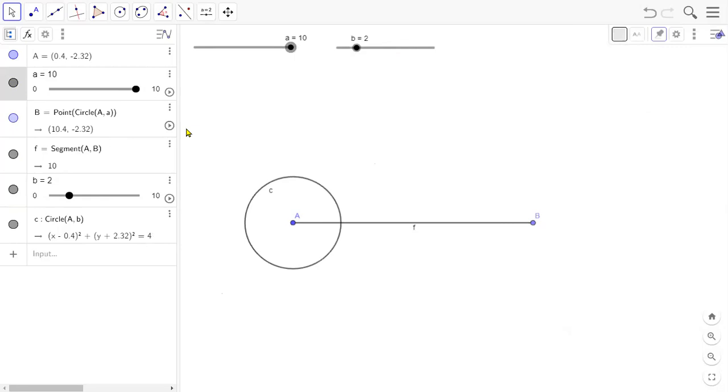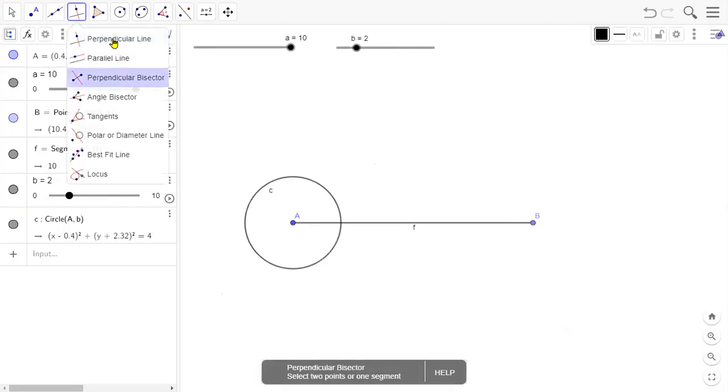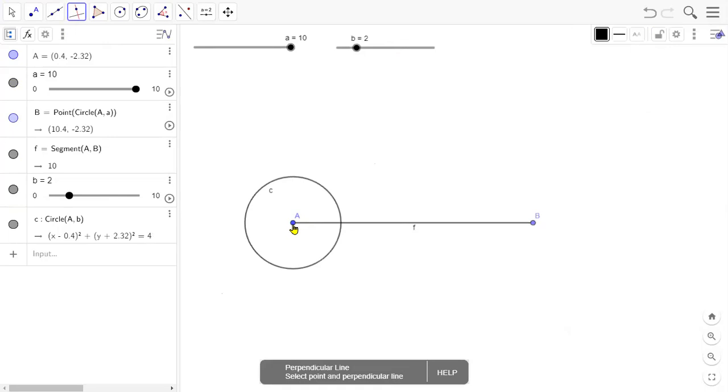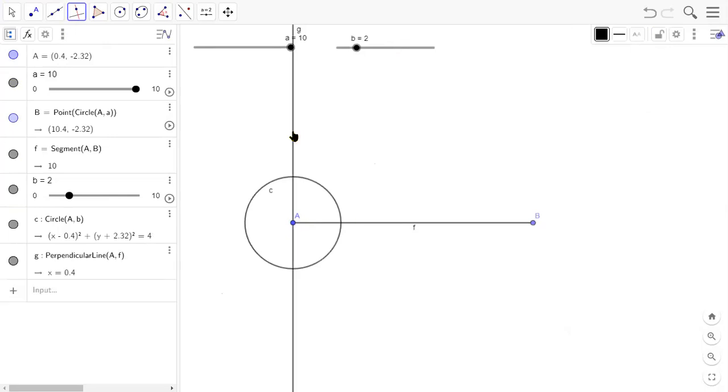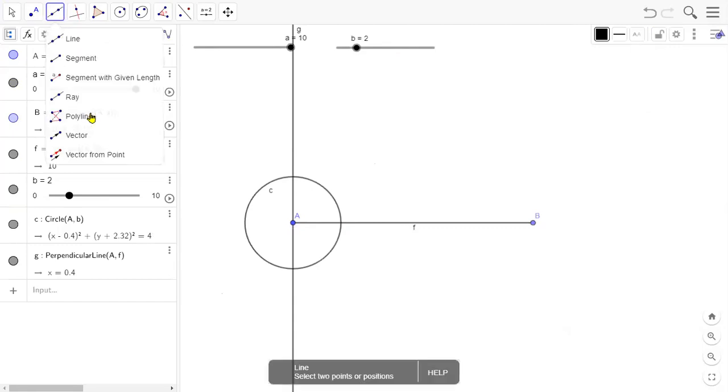And let me make a right angle at this vertex A. Okay, let me make the right angle here. We can use the perpendicular tool. The point and the line to which the perpendicular is drawn are here. This is the perpendicular line, and let's find the point of intersection of this circle and this perpendicular